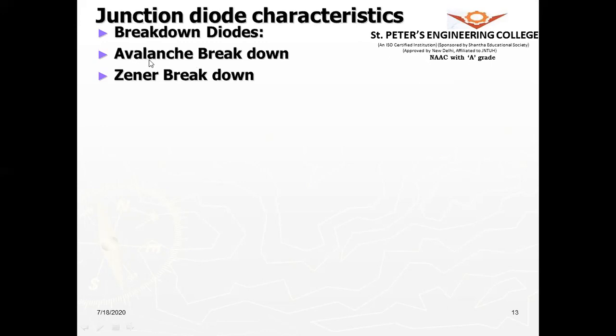So because of the application of this large voltage, the charge carriers break their covalent bonds, and thereby they become free and contribute to the current. That process we call the avalanche multiplication process. So the breakdown that occurs in lightly doped diodes is called an avalanche breakdown. And of course, both these breakdowns do not destroy the diode.